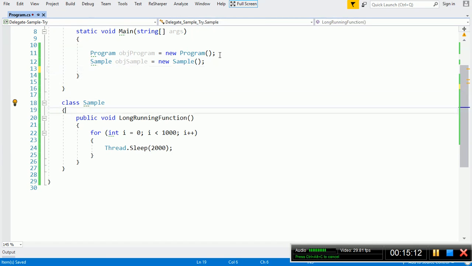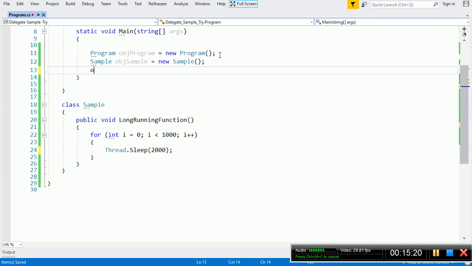We will call this function, object sample dot long running function. Now I run this function.